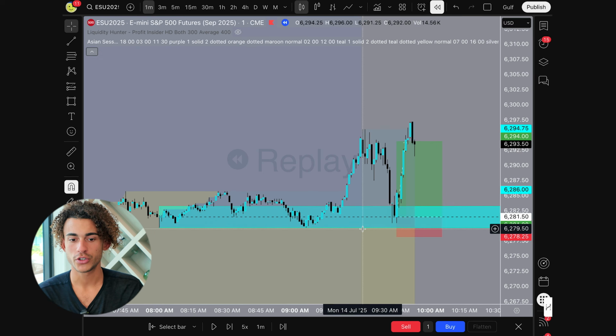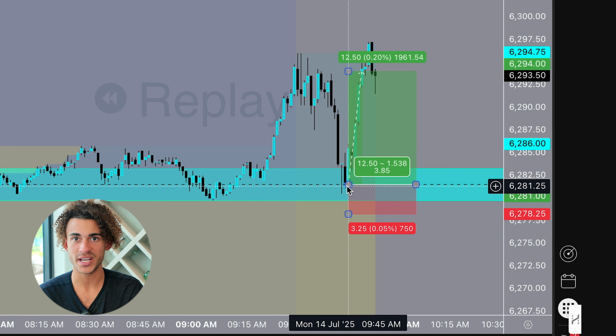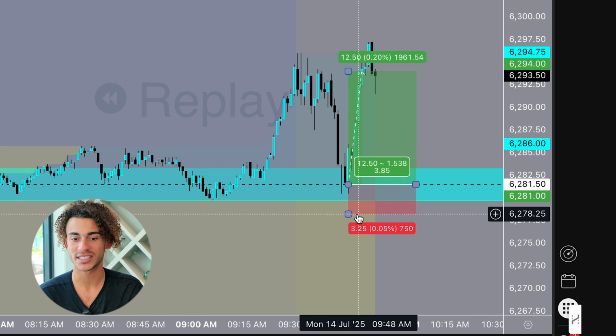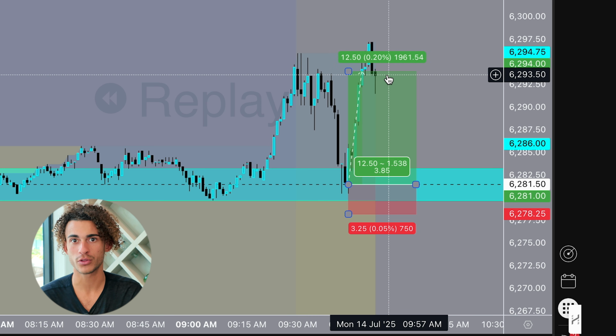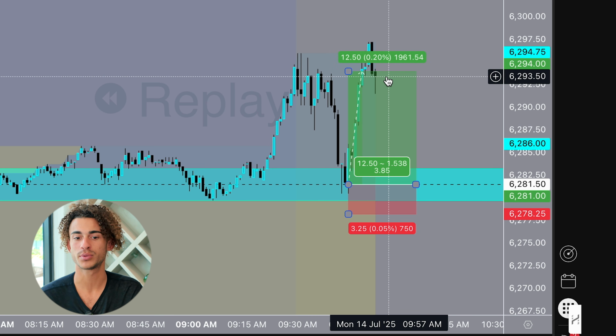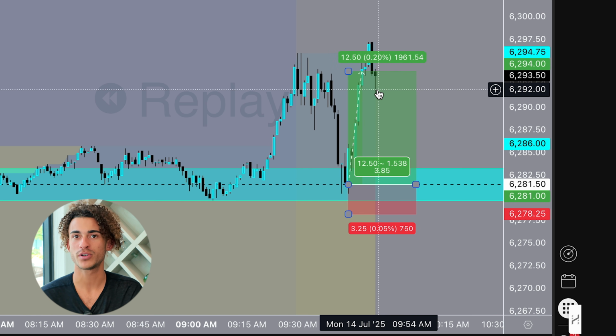bigger than your losers. So you can enter the trade right here on the retest of the midpoint. I like to put my stop loss slightly below the New York Open in case liquidity gets swept right under here. And then you would put your take profit at a risk to reward of 1 to 3 or better. For this trade, I actually was targeting this little high right here, so my risk to reward was about 1